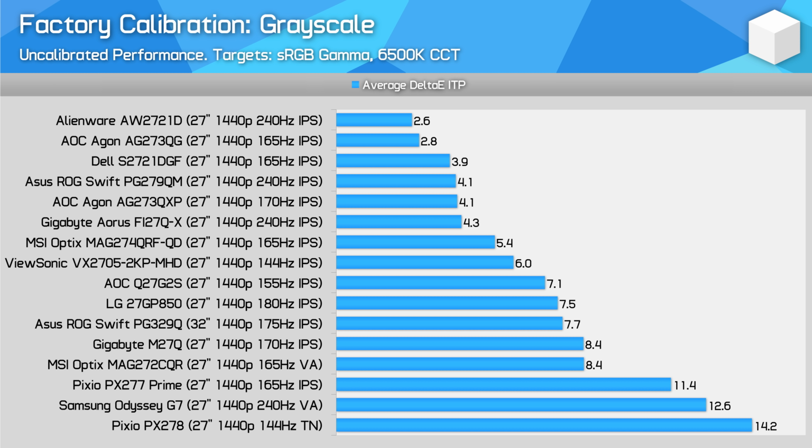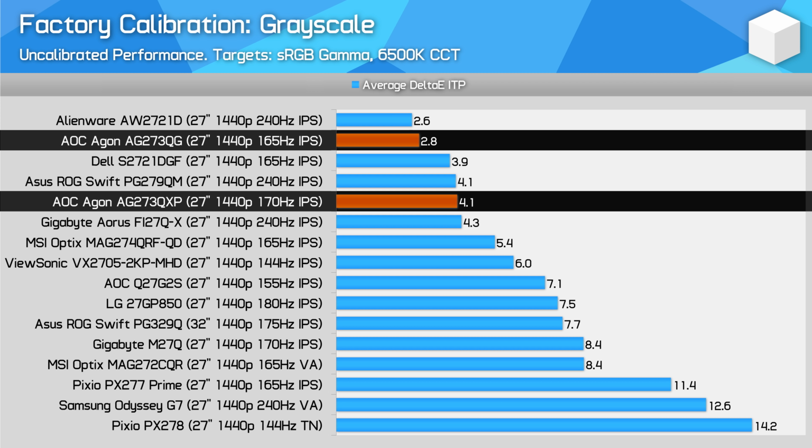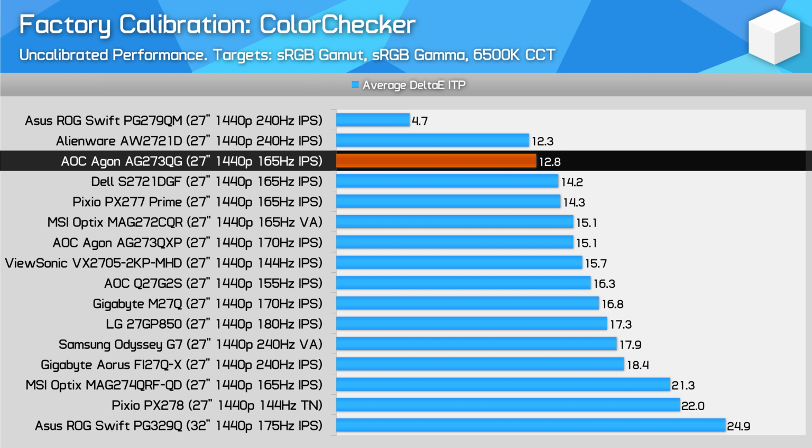The results of this are on show in our comparison chart, where the AG273QG is right up the top among the best monitors. However, the FreeSync version, the AG273QXP, is also pretty good all things considered, with a Delta E ITP of 4.1. Color checker results are better than average, but still not accurate due to the lack of that gamut clamp. Unfortunately, the AG273QG does not include a functional sRGB emulation mode, so there is no way in the hardware controls to limit oversaturation. As a result, there is no way to significantly improve color performance through the OSD, so we'll move on to